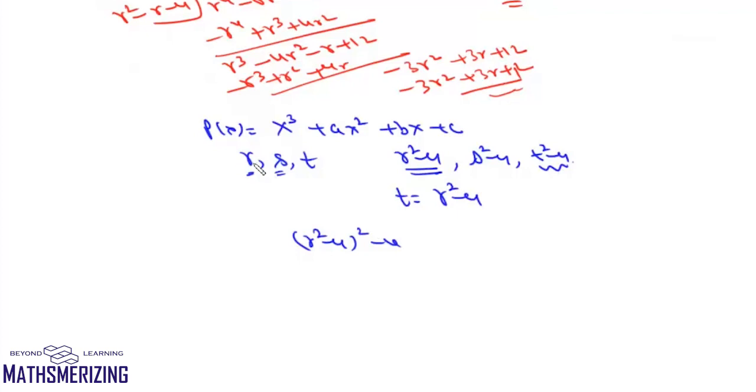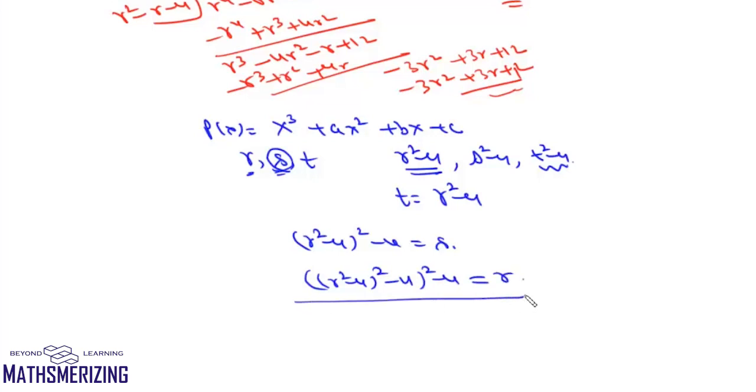Now this value cannot be equal to r, because if it is equal to r, then it'll again take the value from the first form. So now this value must be equal to s. Now if this is equal to s, then s square minus 4 is again a root of this equation. So we can write r square minus 4 whole square minus 4 whole square minus 4. Now this value must be equal to r. Now we can factorize this polynomial to get two cubic polynomials of the desired form.